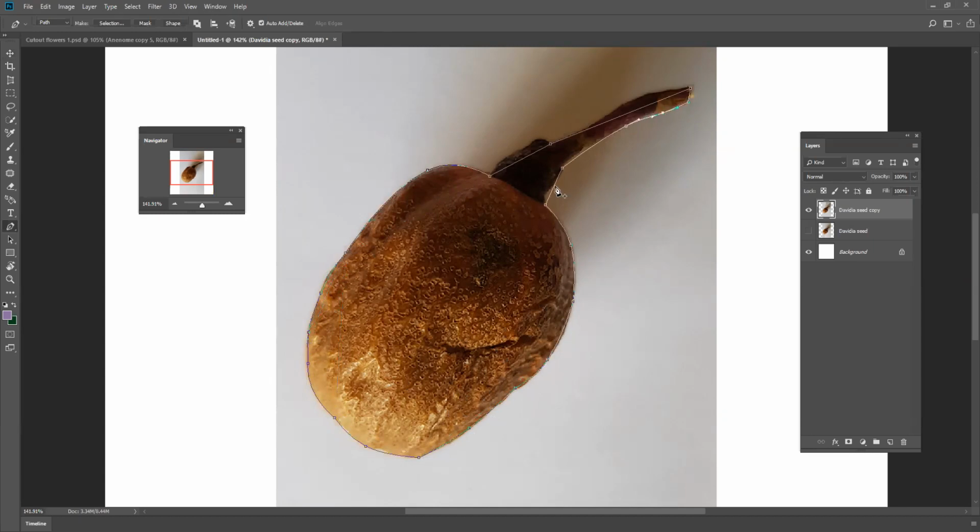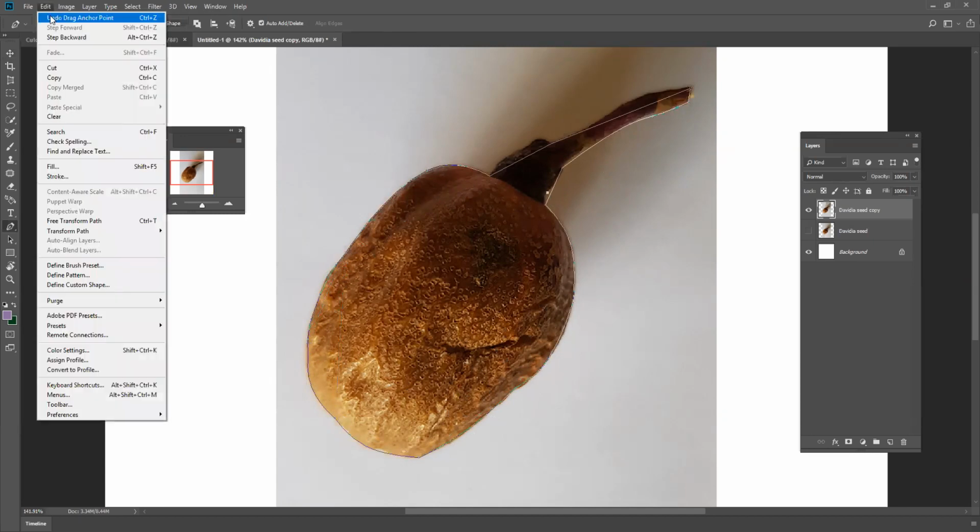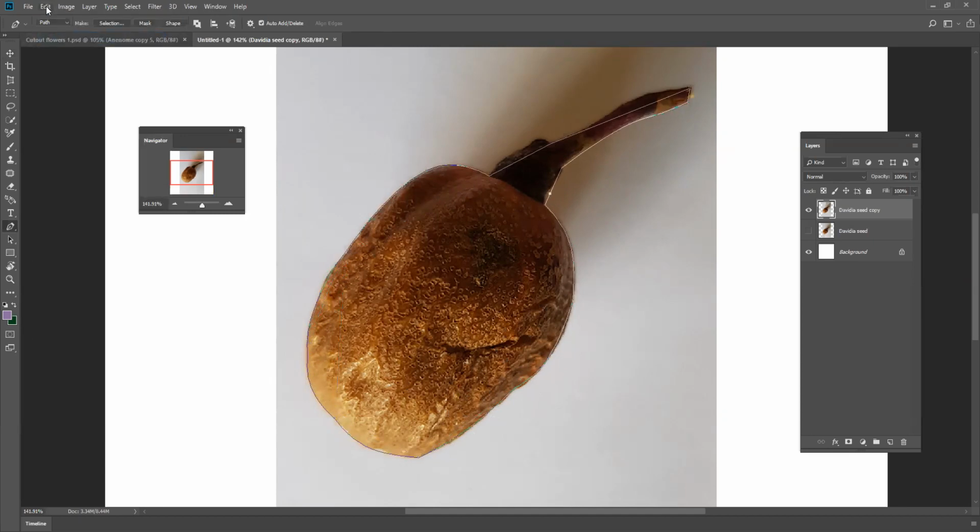I'll give myself an anchor point there because that means that I can then stretch this in, except I've now lost it. I need to step back one, step back again, and my anchor points have come back. So let's just go to there, give myself an anchor point,